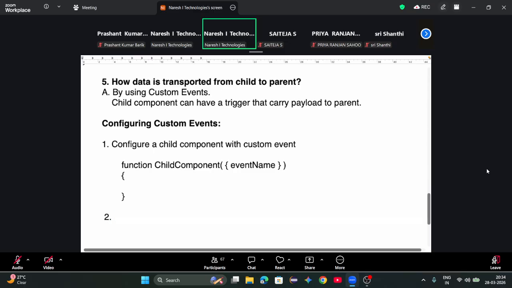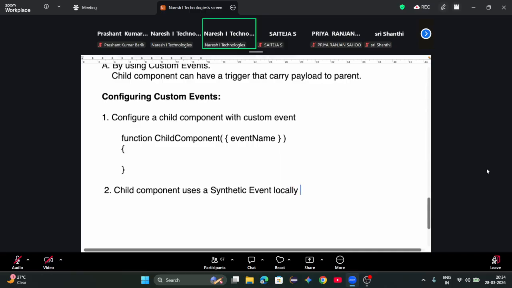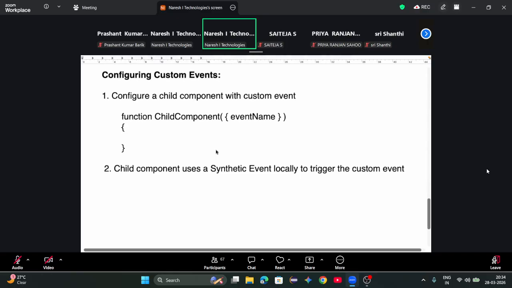Second point, child component. Child component uses a synthetic event locally to trigger the custom event. To trigger the custom event. That means it will be something like this: function, child component, event name,